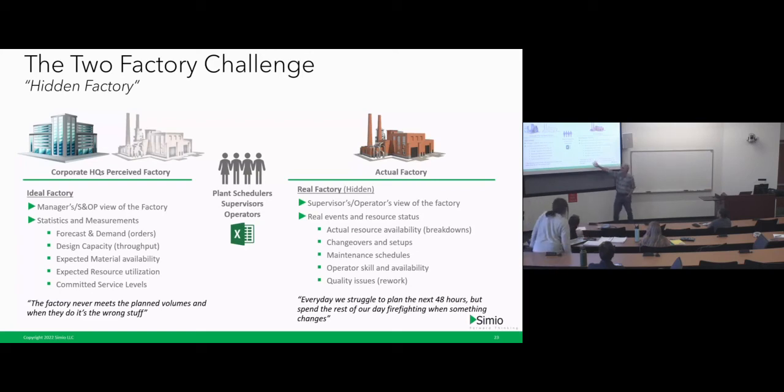And so if you have a tool that you can use to say, if you allocate this, here's what you will see, which is what simulation-based scheduling is, then you can use those decisions at the higher level to have a better view of the true capacity, the true capacity being based on what you are actually going to make over whatever the planning horizon is. So you just have better visibility.